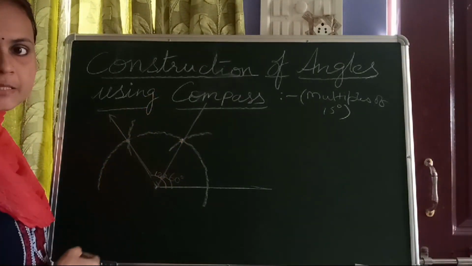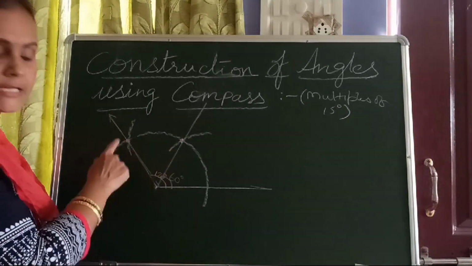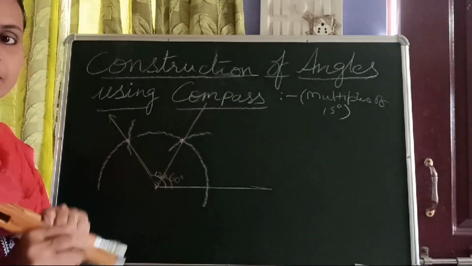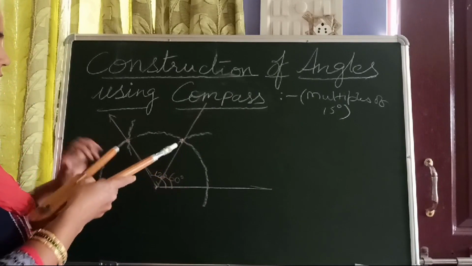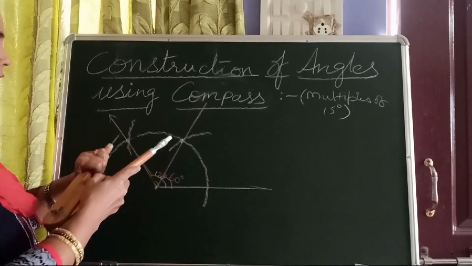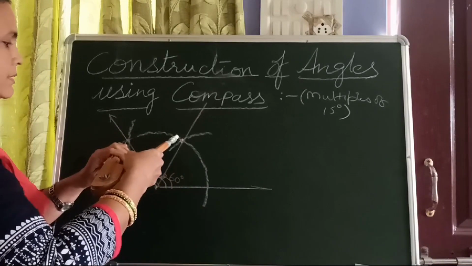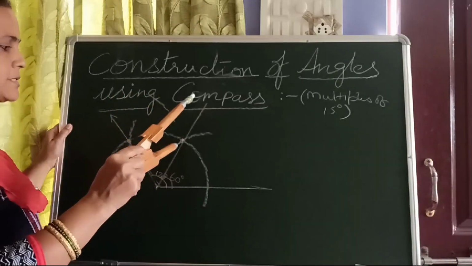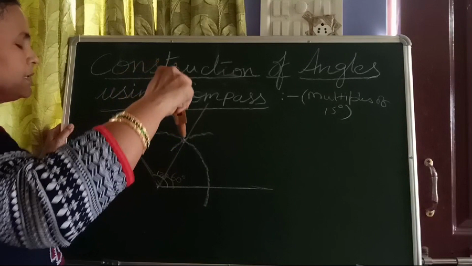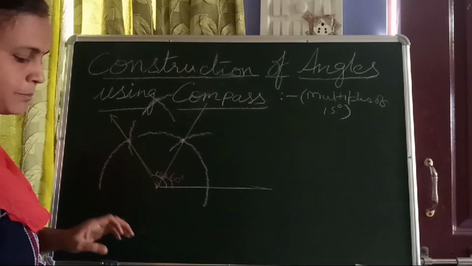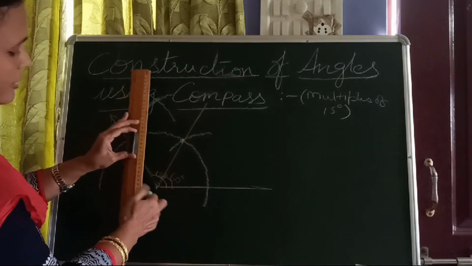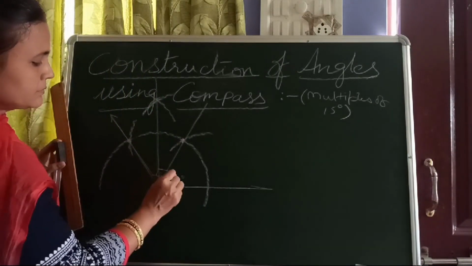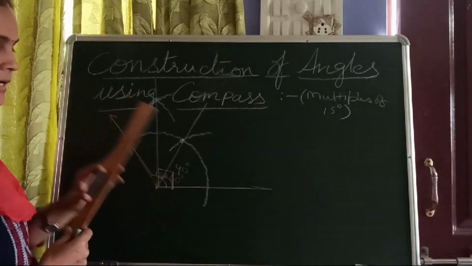Now, 90 degrees lies in between the point where 120 degrees and 60 degrees are, in the middle. So let us bisect the gap between 60 and 120 with the help of a compass. This is the 120 degrees point and this is the 60 degrees point. Take more than half of this gap and draw an arc, and with the same radius from 60 degrees also draw one more arc. Let the two arcs meet at a point and join that point with the end of the line segment, and we will get 90 degrees. This is 90 degrees. So in that way we can construct 90.